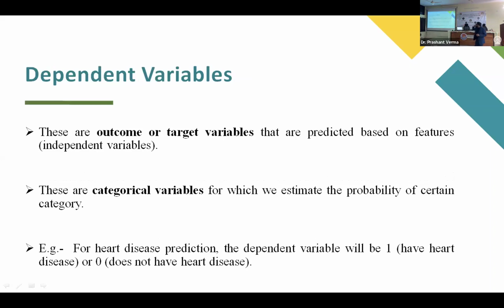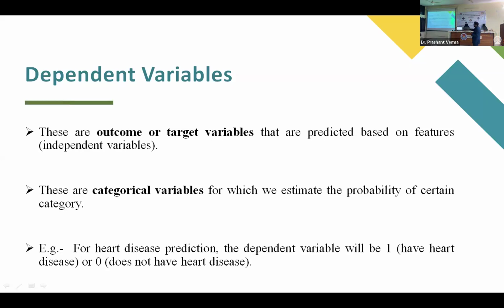Anyways, we already discussed that the dependent variable or target variable can be either a binary kind of variable that has two categories, or it can have more than two categories. We call it a binary class classification problem when the output variable is in binary class. If it is multi-class, we call it a multi-class classification problem. So logistic regression is actually not a regression problem, though we call it regression, it's a classification problem. Clear?